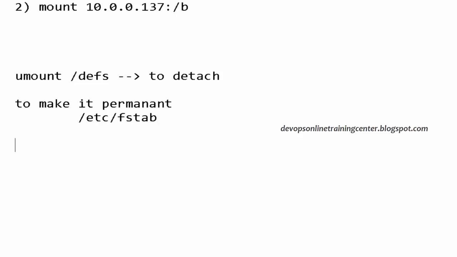If you add the entry, what happens is when you reboot the machine, that same mount will happen when the machine is getting up, right? When you say reboot, what happens? The machine goes down, so all the processes, daemons, services, everything will be stopped, right? When the machine is coming up, again, it will try to start some of the services, some of the processes, and it will also try to mount it. So that mount point will be available in /etc/fstab. So to make it permanent, we have to add it to /etc/fstab.